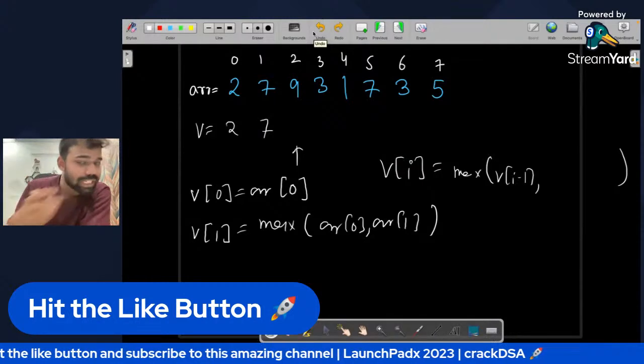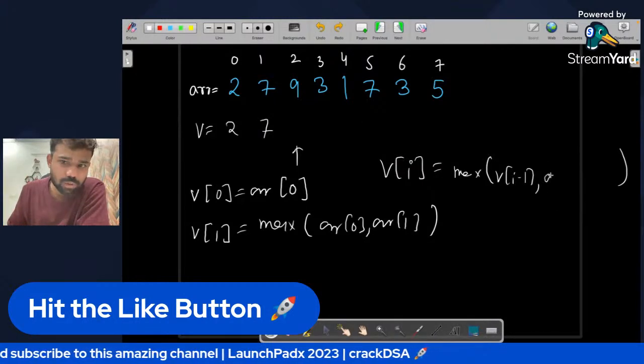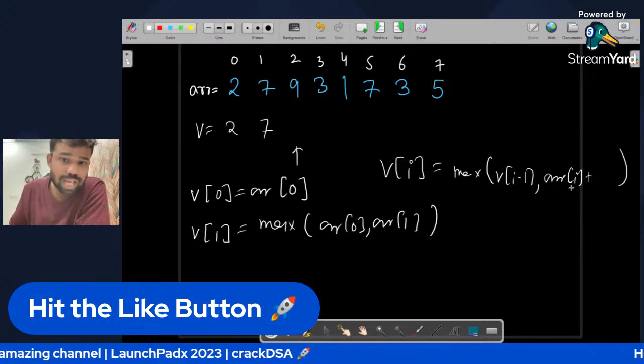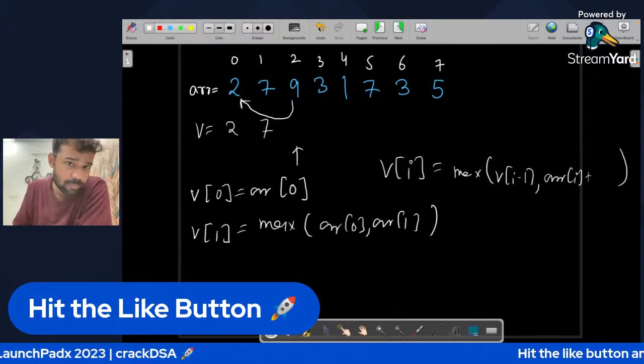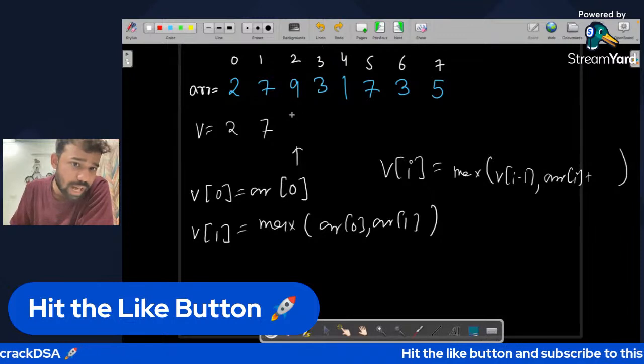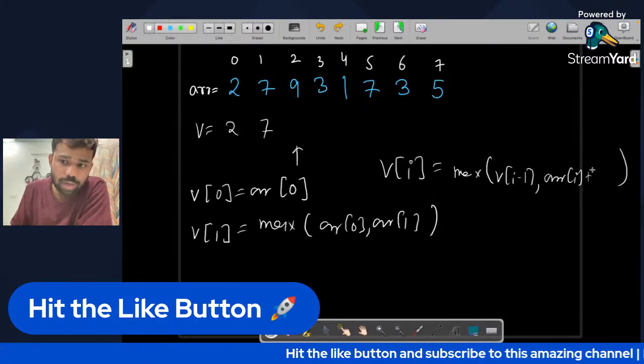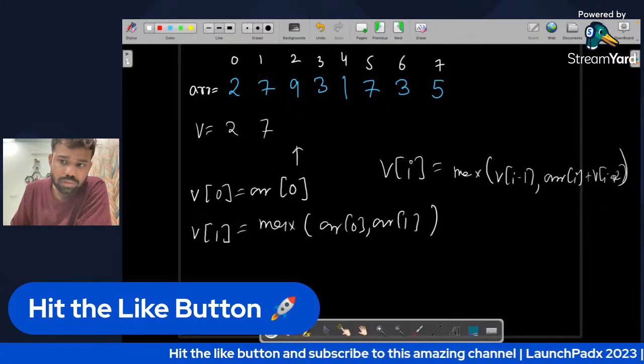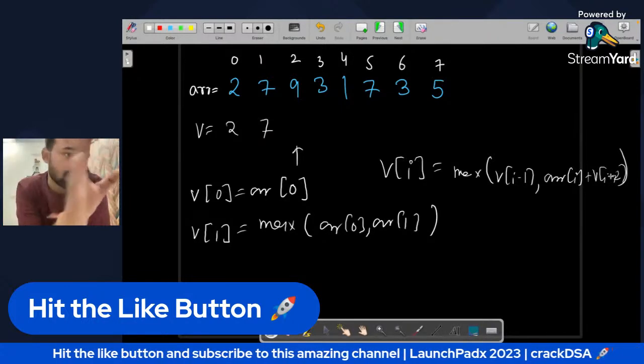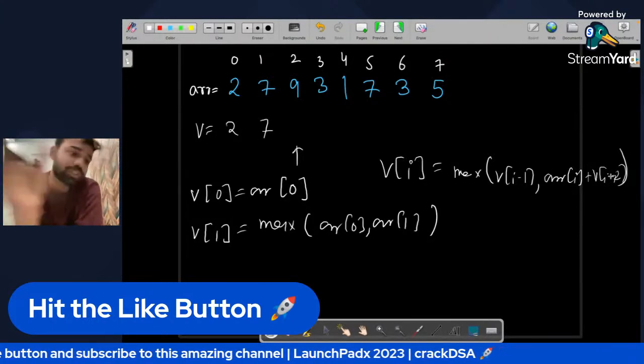और अगर उसके बगल वाले को नहीं ले रहे हो, तब आप इसको ले सकते हो, तब आप ए आर ऑफ आई को ले सकते हो, और साथ में आप आई माइनस 2 को ले सकते हो। विथ ए आर ऑफ आई यू कैन ऑल्सो टेक आई माइनस 2, वी ऑफ आई माइनस 2, आई माइनस 2 को ले सकते हो, बट आई माइनस 1 को नहीं ले सकते। जस्ट पिछले को नहीं ले सकते हो, उसके पहले को ले सकते हो।